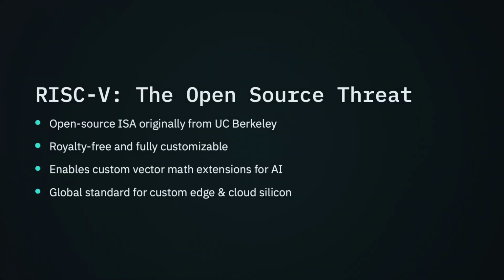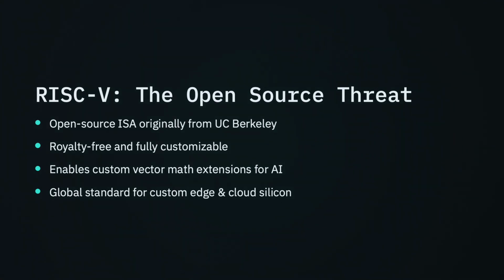But ARM has a massive competitor rising: RISC-V. RISC-V is an open-source instruction set architecture developed originally at UC Berkeley. Think of it as the Linux of microprocessors. Because it is royalty-free, any company can design, manufacture, and sell RISC-V chips without paying licensing fees. More importantly, RISC-V is modular. Designers can add custom extensions, like specialized vector math units for AI processing, directly to the silicon. This has made RISC-V the global standard for custom hardware accelerators, particularly as companies seek to bypass proprietary licensing and